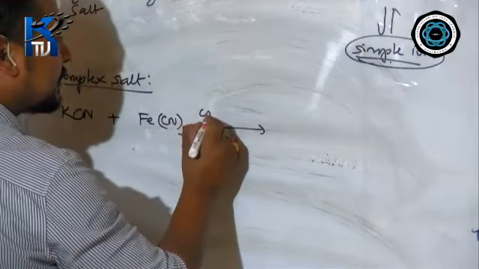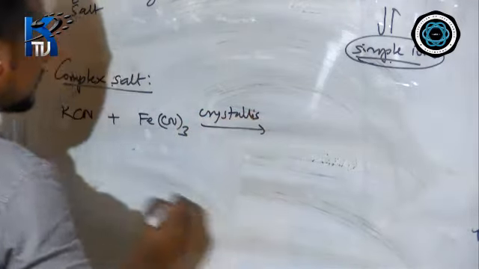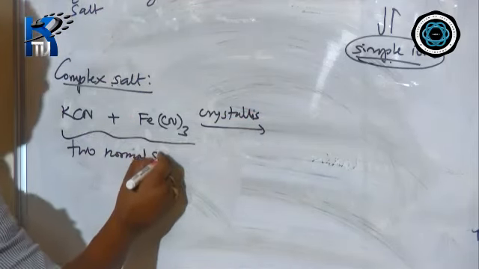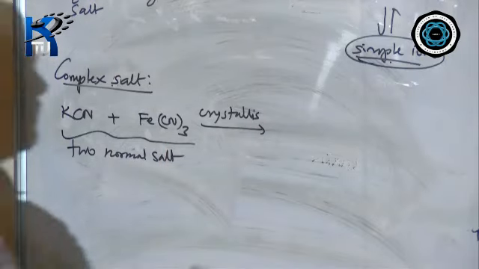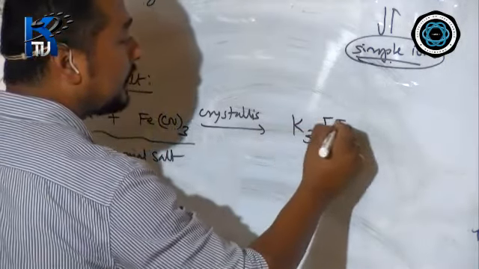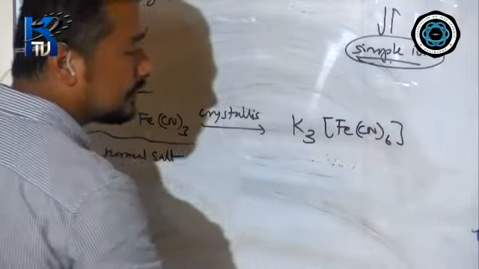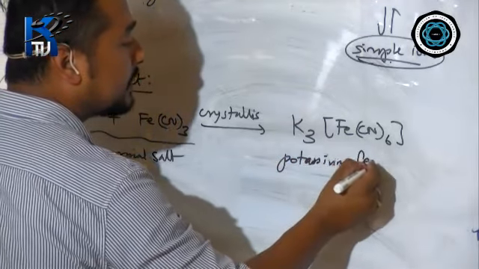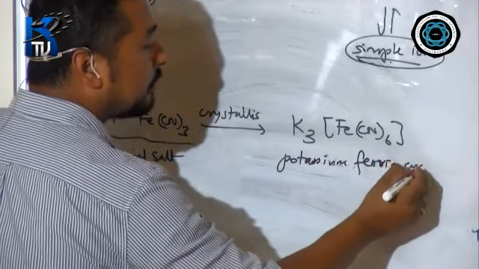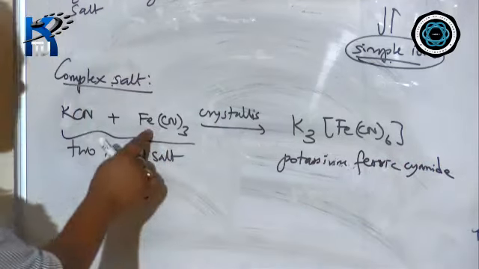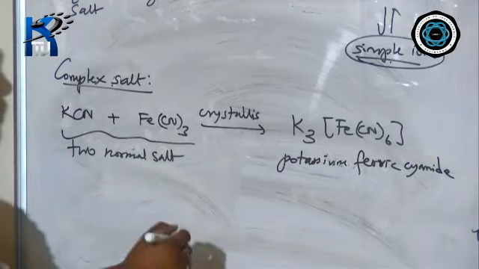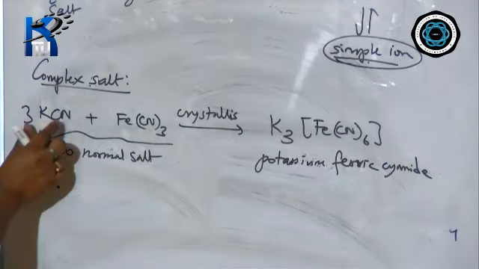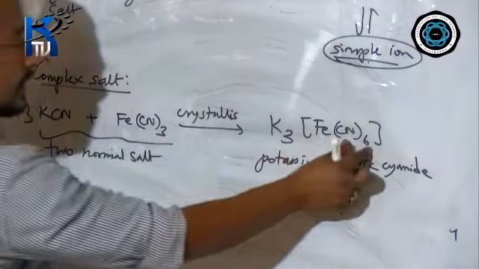So again I am going to crystallize them without using water. So how many normal salts am I taking here? 2 normal salts without water. When you crystallize, you get a single salt of this formula, K3Fe(CN)6. The name of this compound is potassium ferricyanide. Why ferric? Because it is coming from ferric. Now to balance it, 3 potassium balance, 1 iron balance, 3 plus 3, 6 cyanide balance.